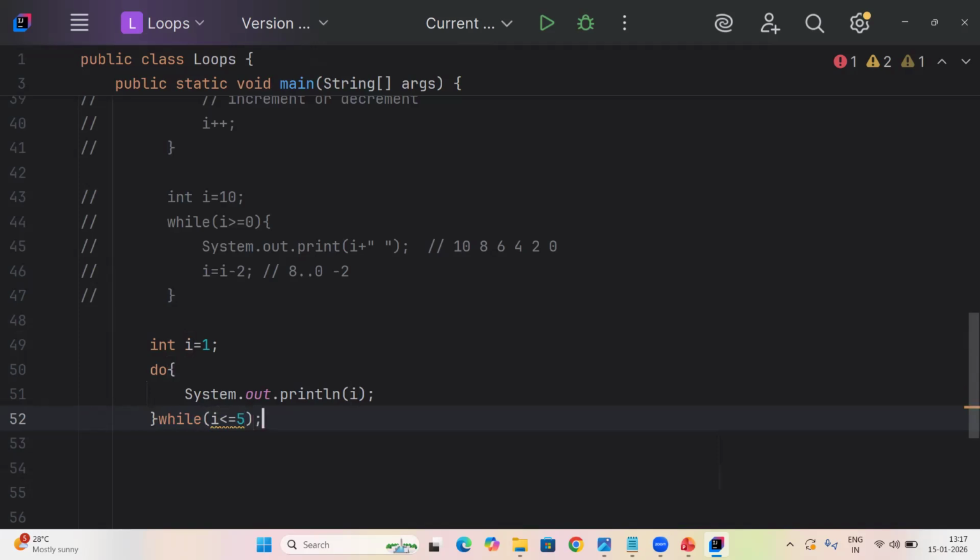While I less than or equal to 5. Then what we have to do is an increment or decrement statement. Okay, let's try to run this and see what happens. This is always true. So first we are asking the Java IDE to